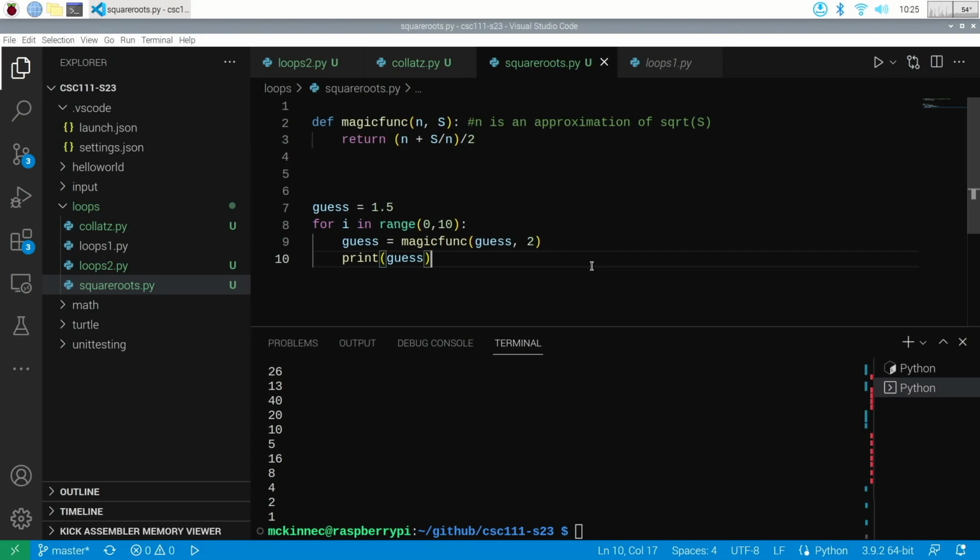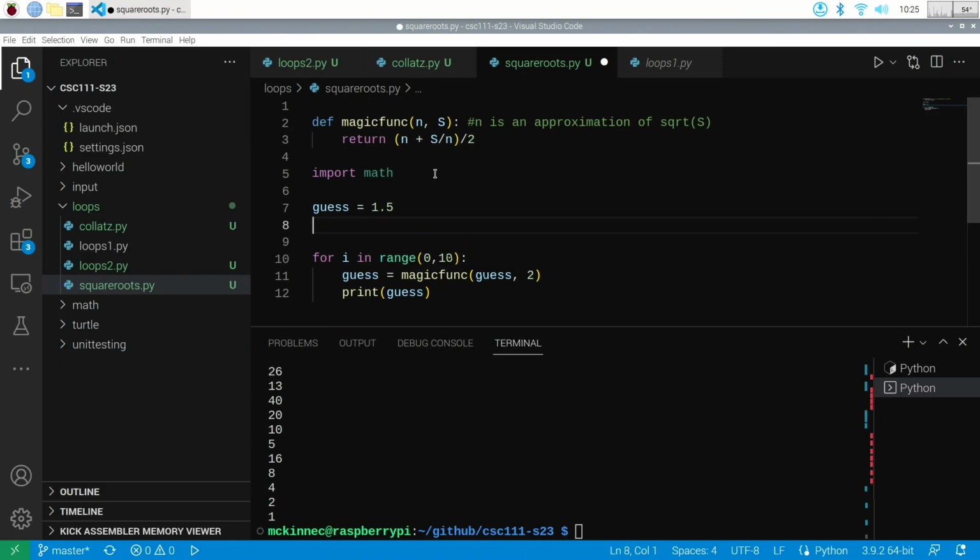Okay, good. And then when we're all finished, well, let's actually, I'm going to do this. I'm going to go ahead and import math. And then just for the sake of comparing how good our answer is,